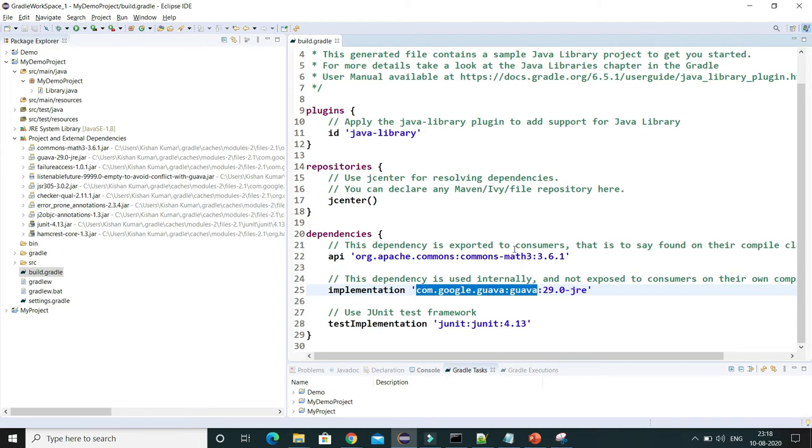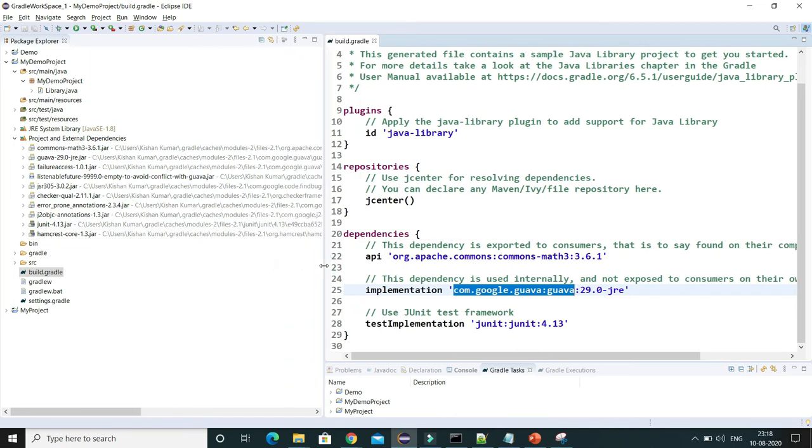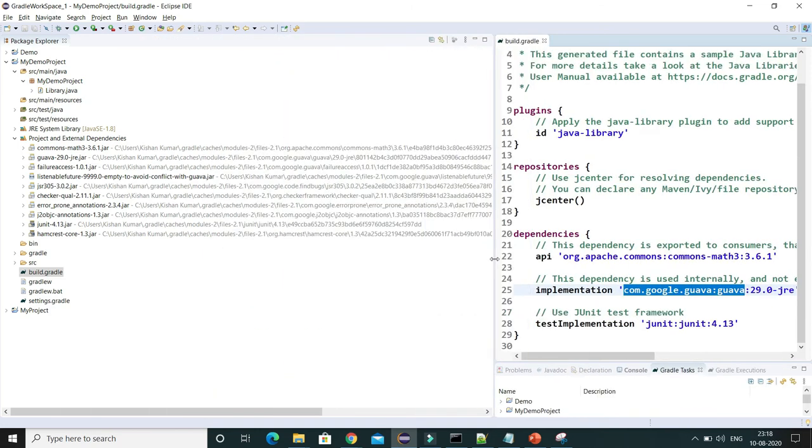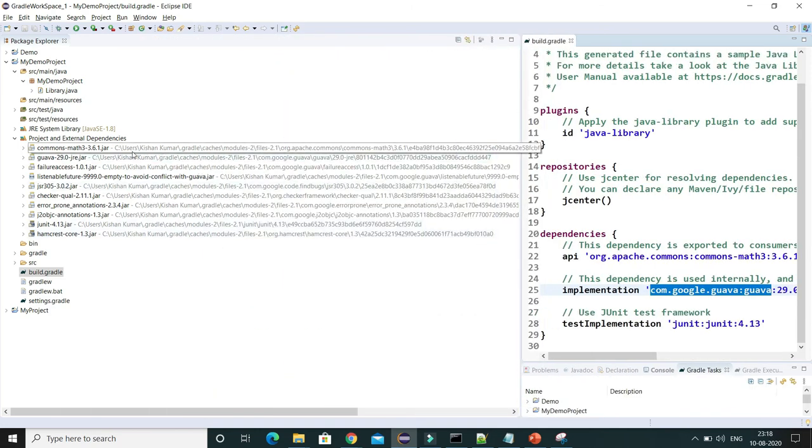So there is some transitive dependency, and that's the reason if you download one jar, then behind that a few more jars get downloaded and added into this Gradle home directory, or Gradle local repository. And here you can see the repository location. That's the users, my username, dot gradle, and inside that all the jars have been added.